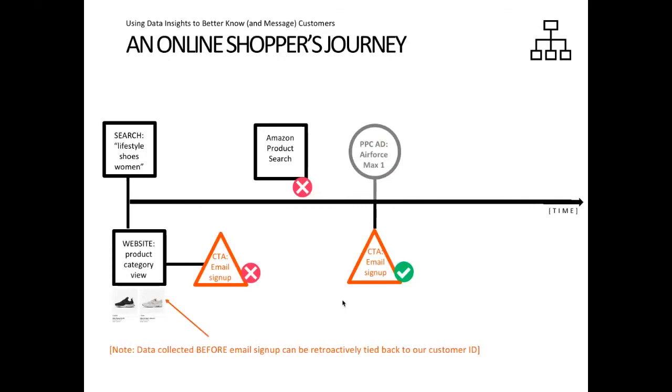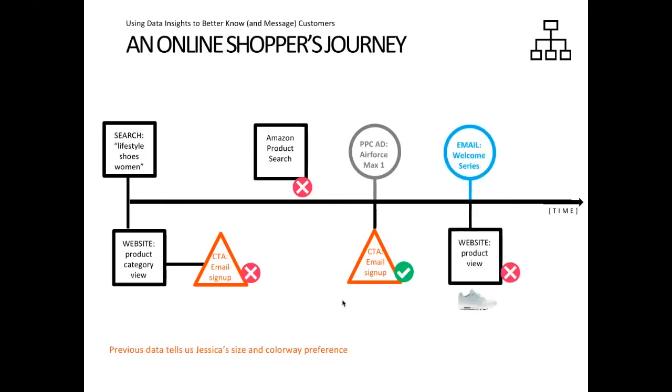Of note, the data collected before this point generally is dark data. We had an unregistered guest user come to our website. They viewed something, and they left. You would think that that data is gone forever. But if we're smart about it, we can hold that data in a place in our master database with some tagging information. And then now that this person has signed up, we can recall that data, recall the actual visits she made to the website, and now bring all that information to us when we hit her with her welcome